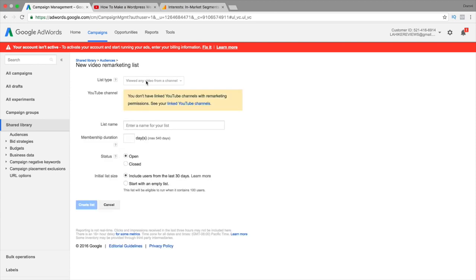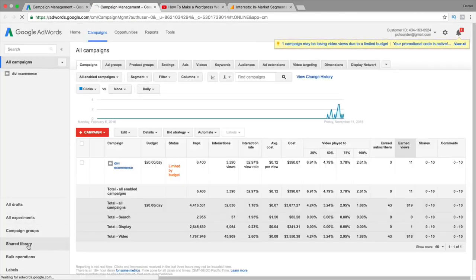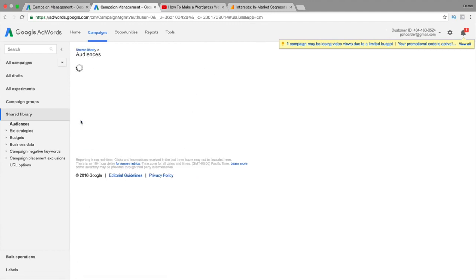Now once you've verified your account, you will actually get information. Or I'll go ahead and just log into my other account just to make sure that I give you guys a good example of what it looks like. All right, so I'm going to go down over here to my shared libraries, and under audiences, I'm going to go to view,